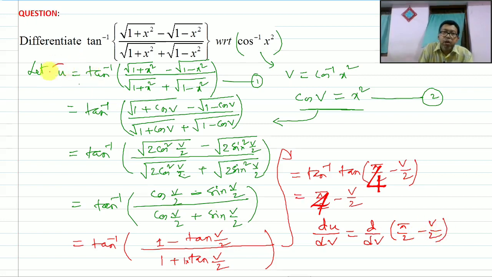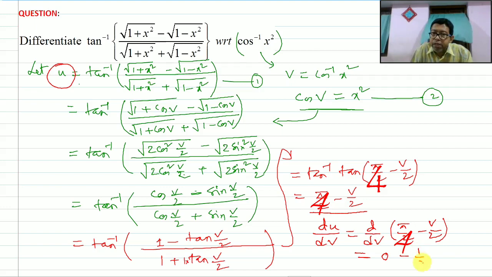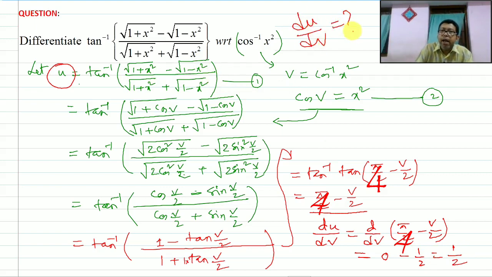Again I repeat, this is your u, and u is equal to pi by 4 minus v by 2. Now you differentiate both sides with respect to v, so that du dv is equal to d dv of pi by 4 minus v by 2. Now pi by 4 is a constant, so you have to write 0 minus v by 2, its derivative is just minus half. What is your target to find? Your target was actually du dv, and du dv is found. What is du dv? Du dv is equal to minus half. The result is minus half. Okay, this is the result. Now next question is, what is your next question?